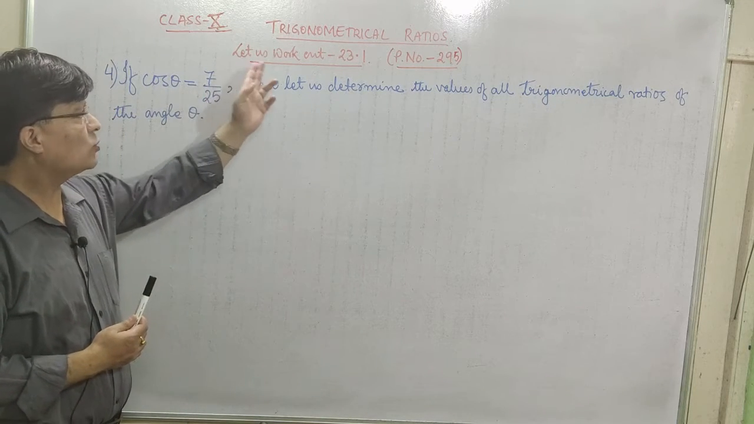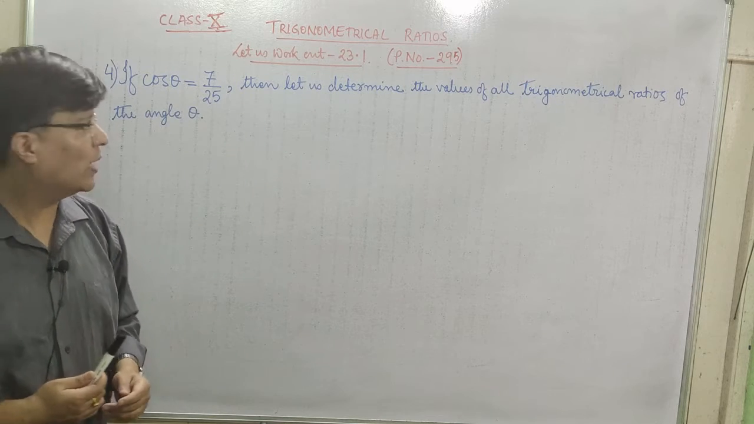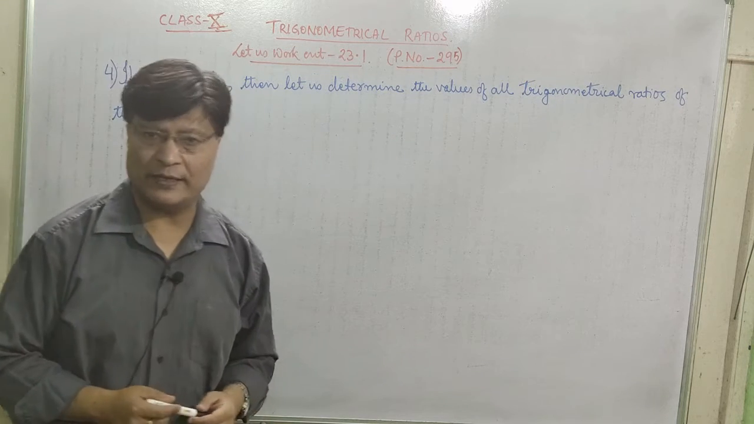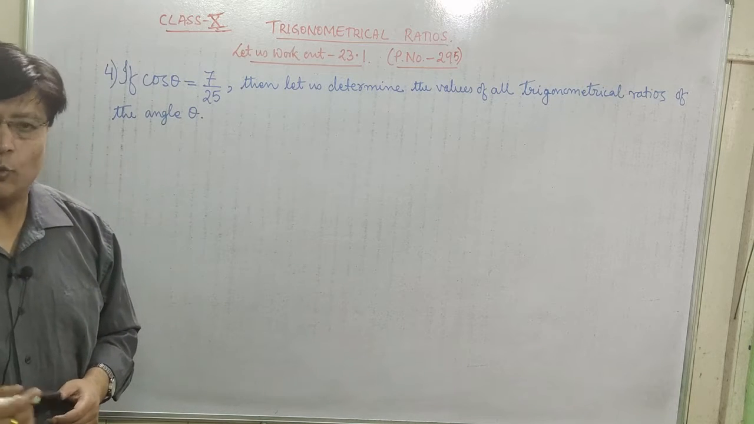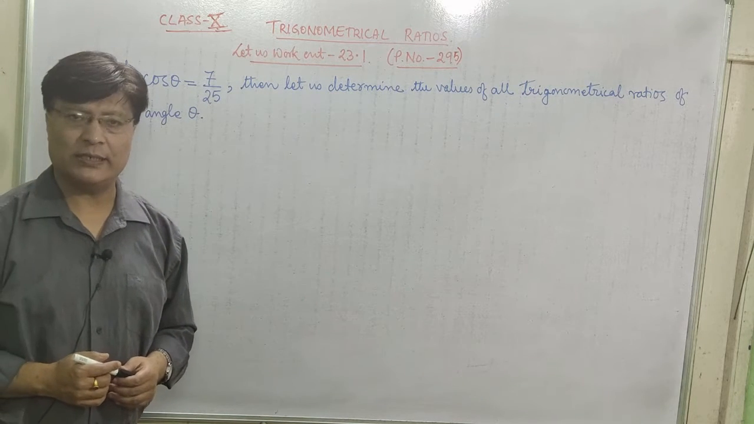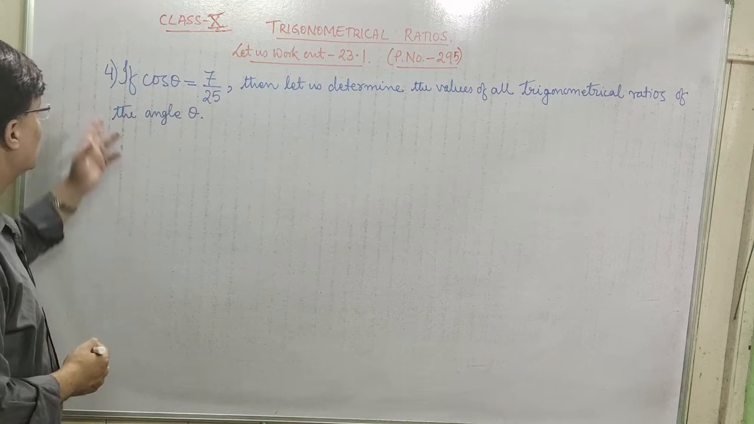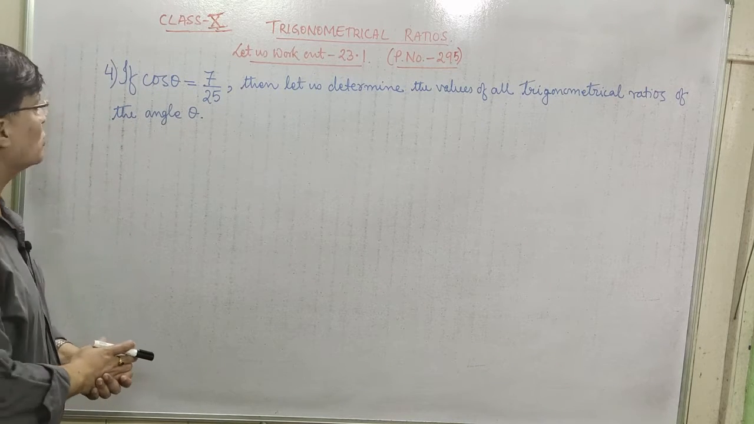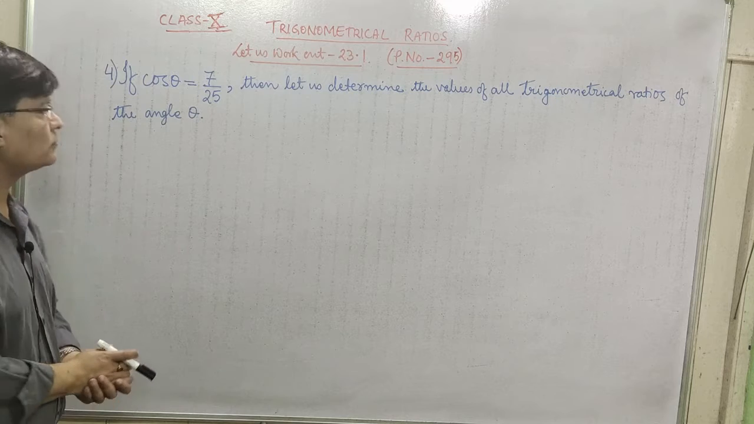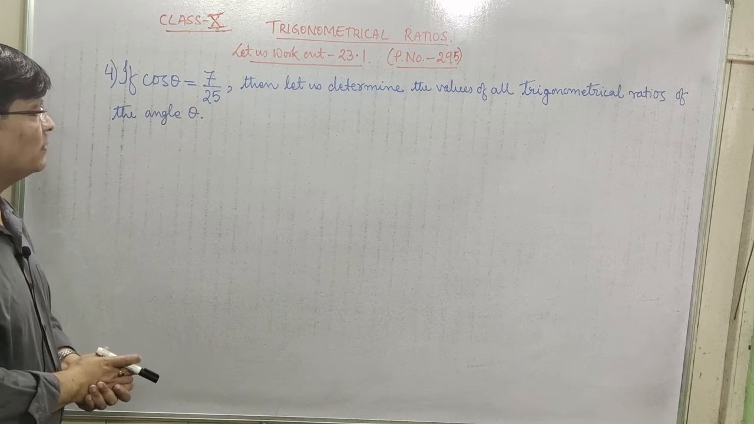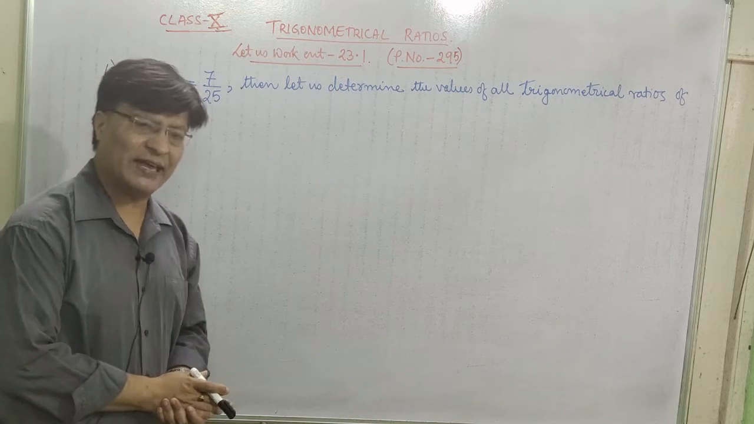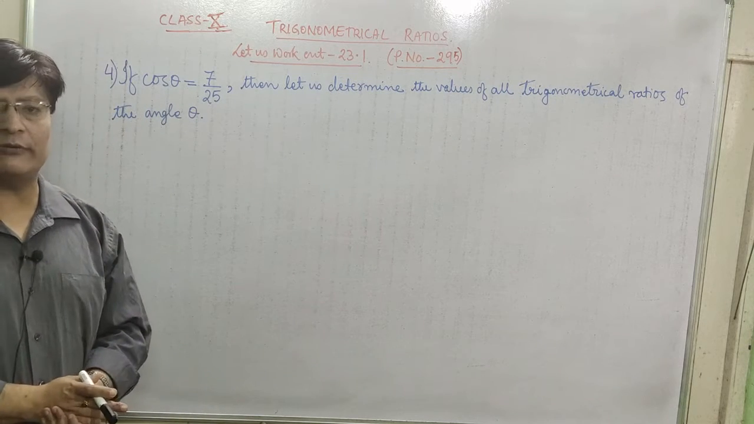That is, let us work out 23.1, page number 295 from the book Ganit Prakash for class 10 by West Bengal Board of Secondary Education. So let's do this question number 4. So question number 4 here is, if cos theta is equal to 7 upon 25, then let us determine the values of all